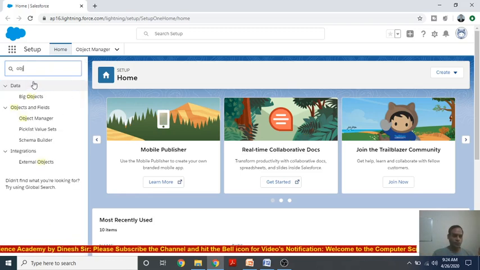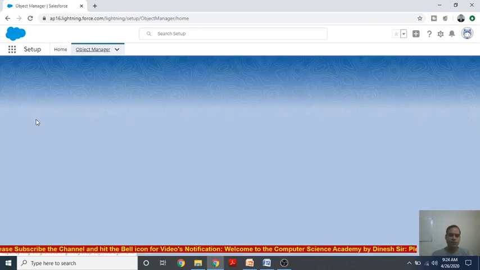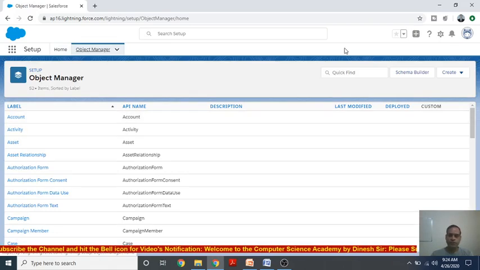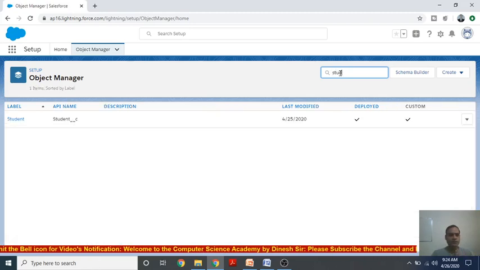Go to objects, then click on object manager, and find the object on which you want to create the relationship. So go to student and search.